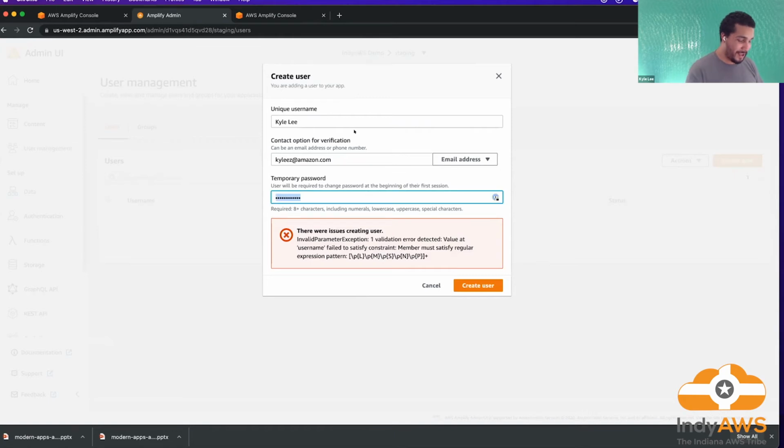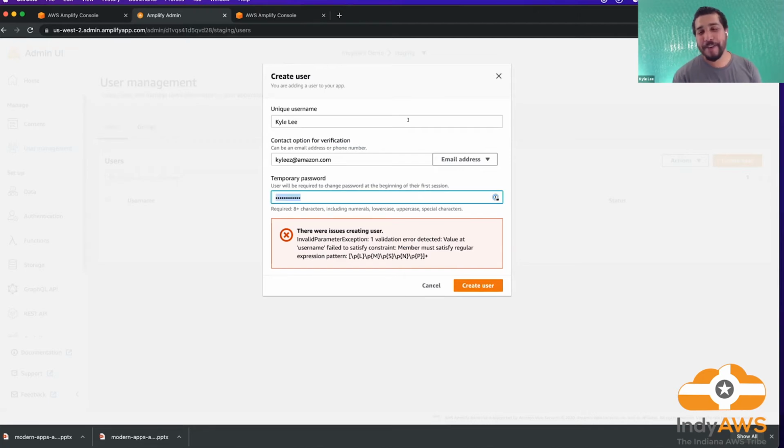I may not have. You can't do password. You have to do something a little bit more secure. But let's see if I could do something that's a little bit more secure. So temporary 31 exclamation point. Let's see if that'll work.